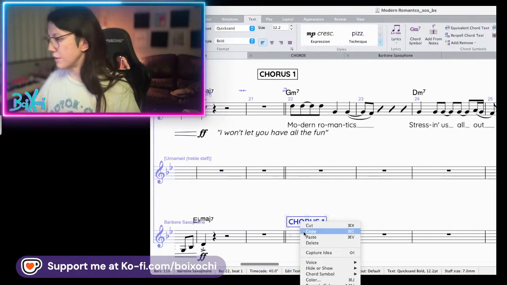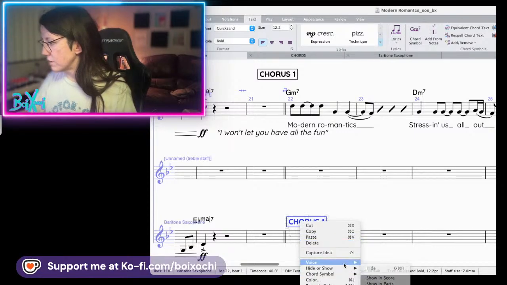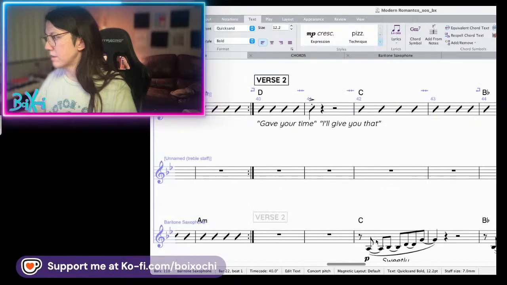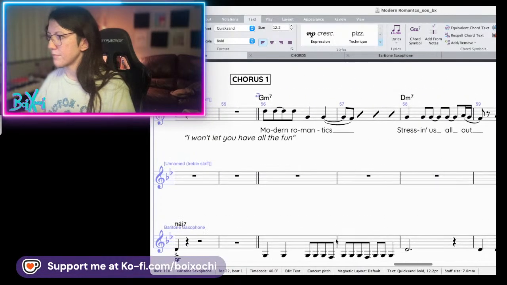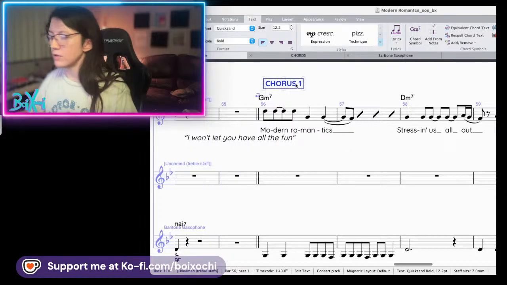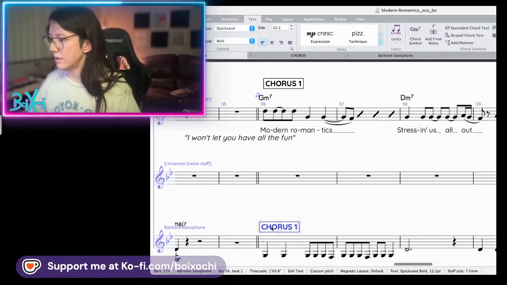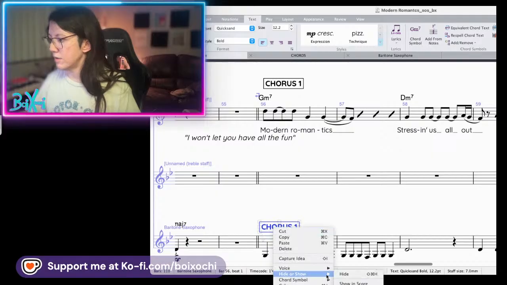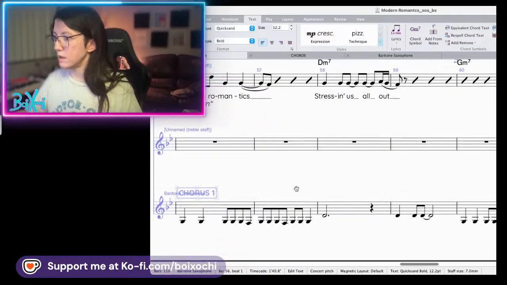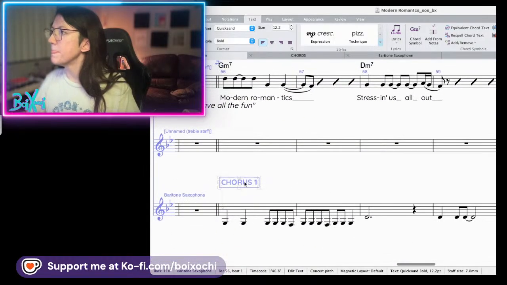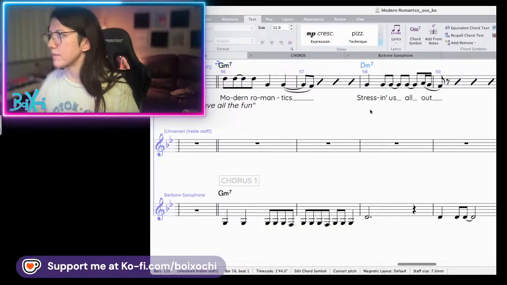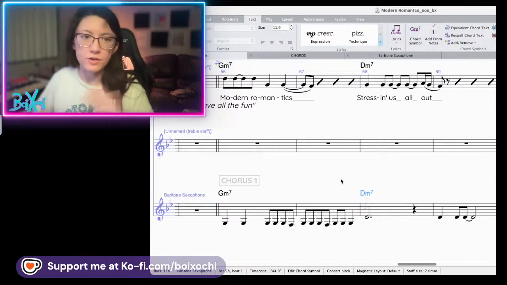This is just for future self. Totally optional. Make sure we have a chorus here. Show in parts. So what I'm not going to do is have the chord symbols elsewhere where I don't want Barry to play,